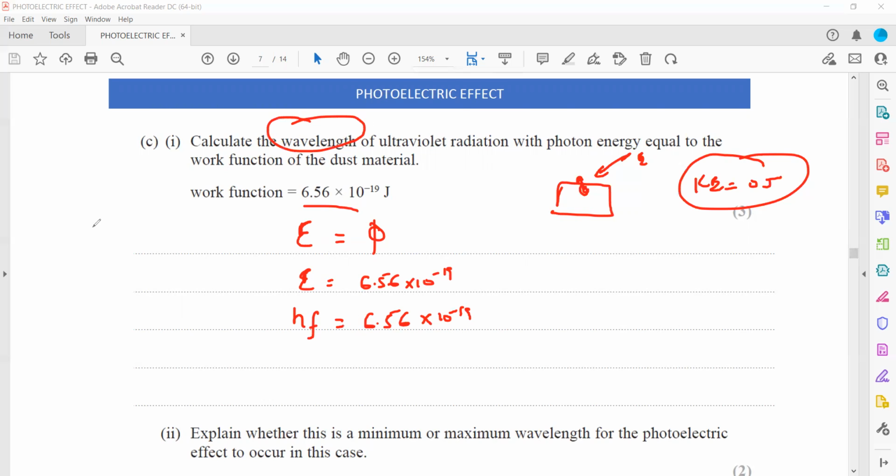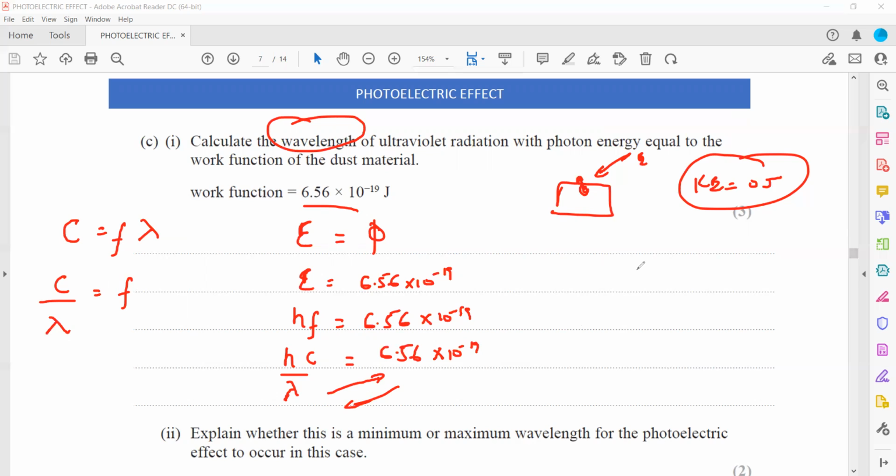So what is the formula which relates speed, frequency and wavelength? Speed is equal to frequency times wavelength, and c is the speed of light. So frequency equals speed of light divided by wavelength. In place of frequency I can write c divided by lambda equals 6.56 times 10 to the power minus 19. Now we simplify for wavelength. Cross multiply, so hc divided by 6.56 times 10 to the power minus 19 will give us lambda,